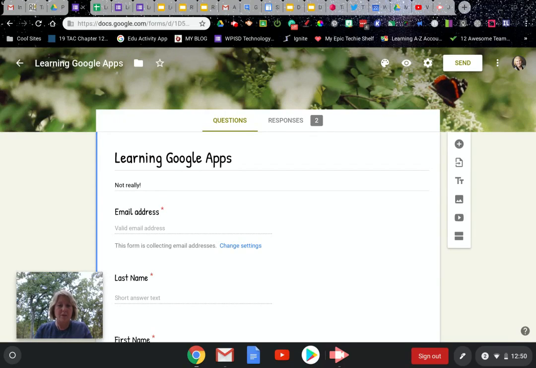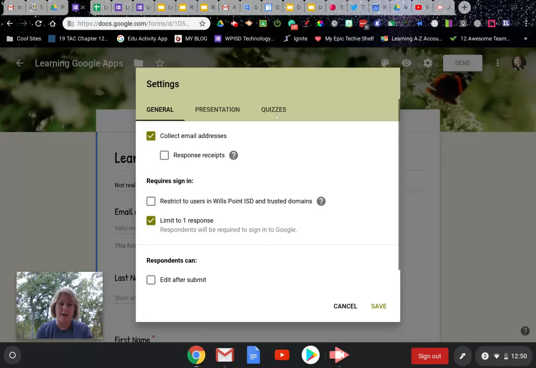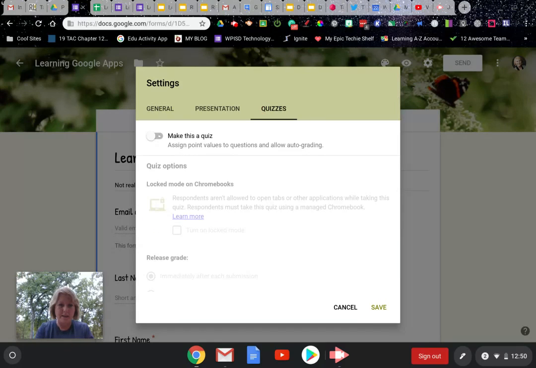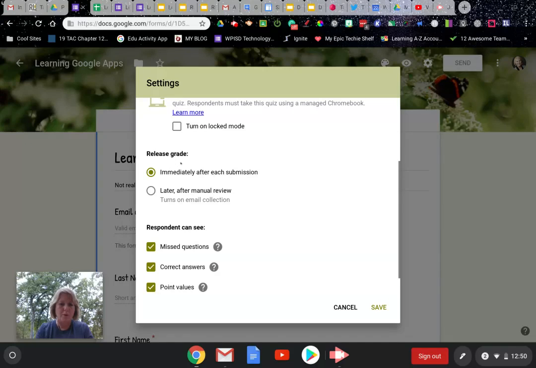Okay, so let's take a look at what it takes to turn this Google form into a quiz. So we will go over here to our settings once again, and it's going to be in that third category or that third tab along the top. Go to quizzes. It's very easy to do this. Just say, make this a quiz, and then you're able to set some different settings for it. So release the grade immediately after submission or later after manual review. So after I review it,